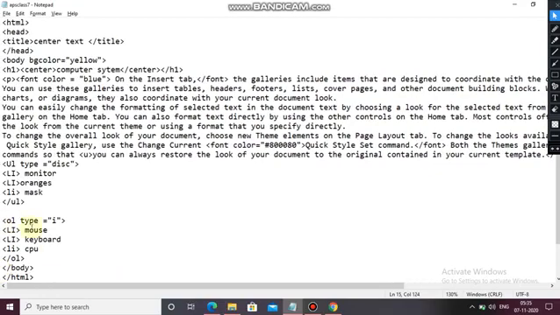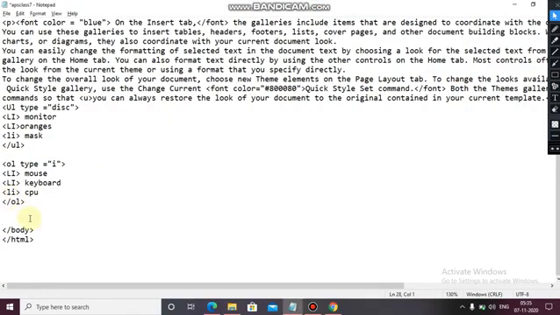Okay, this one. So I am writing here subscript. For subscript you have to write sub.